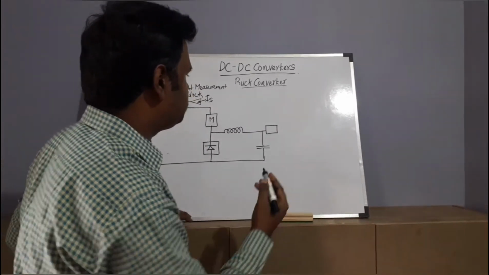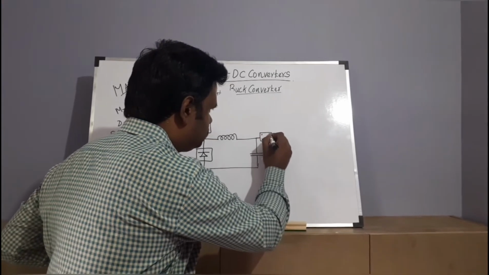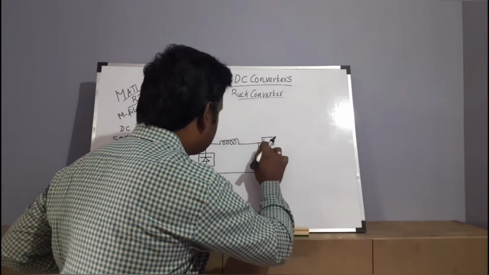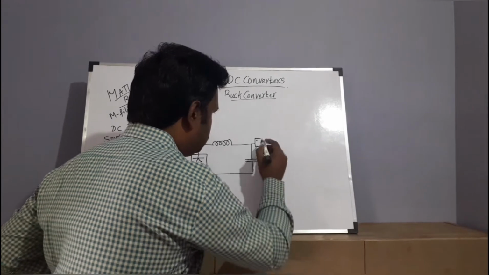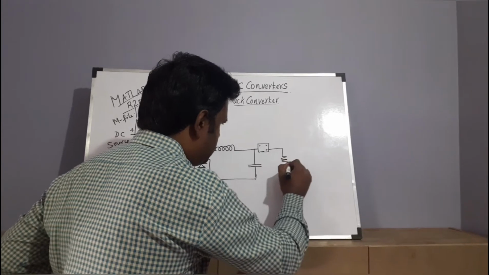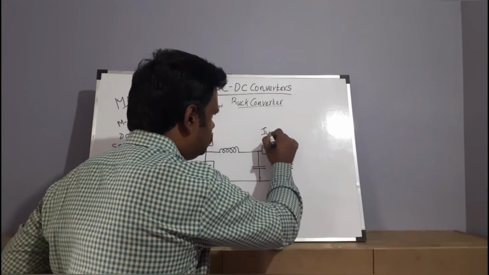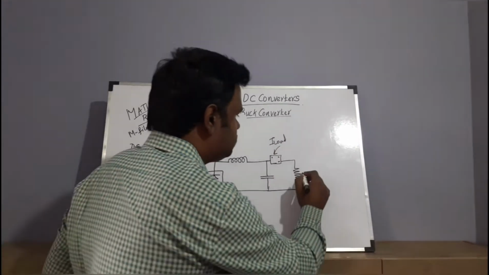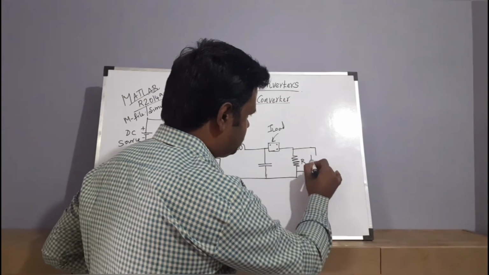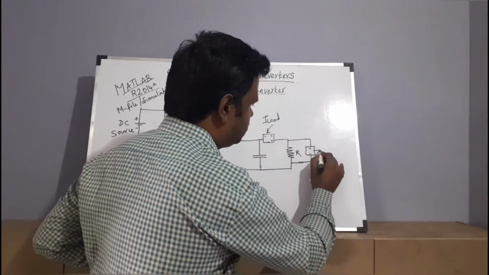Here I can put a current measurement block. Again, what is this particular current, right? We can measure it. Again, there will be terminals, and this has to be connected to the load. This particular current measurement block can be used for load current measurement, I load, right? This is your resistive load. You have to measure the output voltage, right? So you have to connect a voltage measurement block here. Another thing will be there, and you should connect it to the